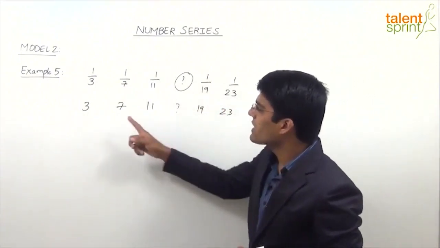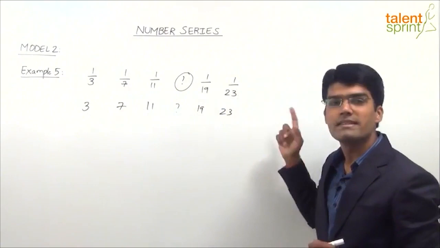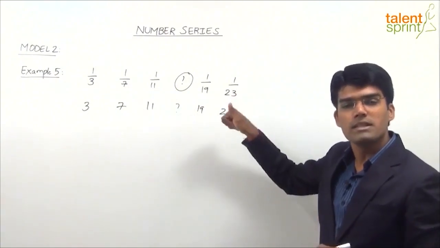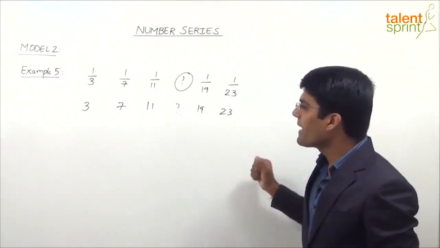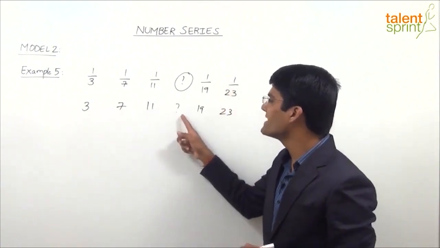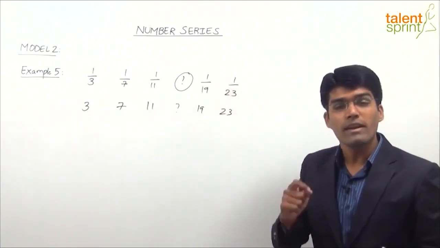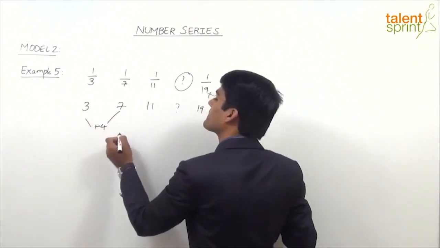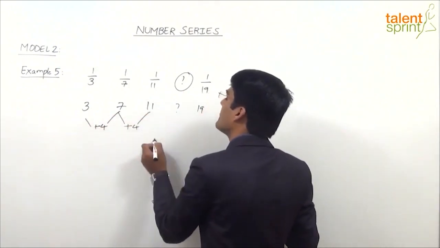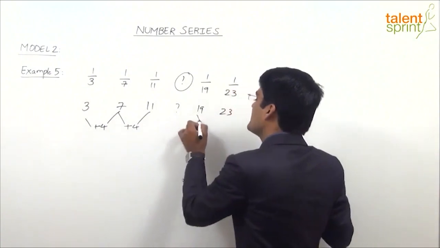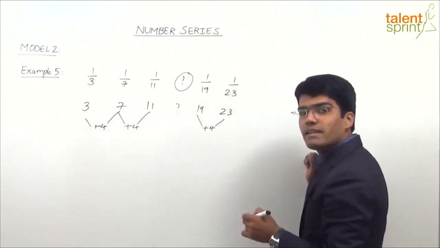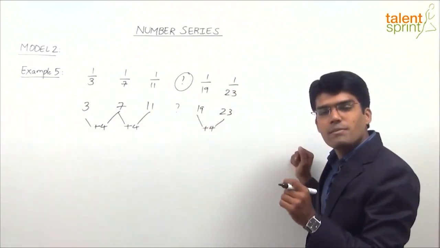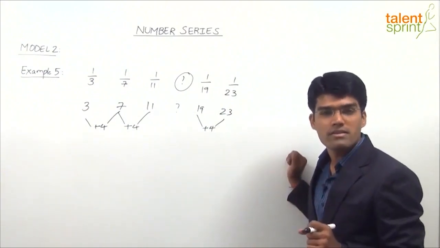That means here if you try to observe the inverse of the given series, or the reciprocal of each of the terms of the given series, we find that the difference between two consecutive terms is a common value, or a fixed value. For example, 3 plus 4 is 7, 7 plus 4 is 11. And likewise 19 plus 4 is 23. So now we can understand that the difference between two terms here seems to be a constant value, that is